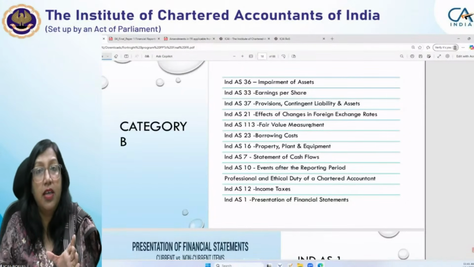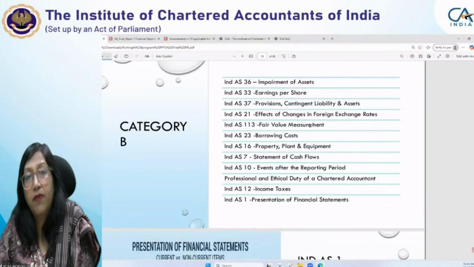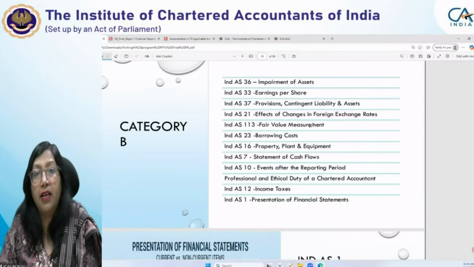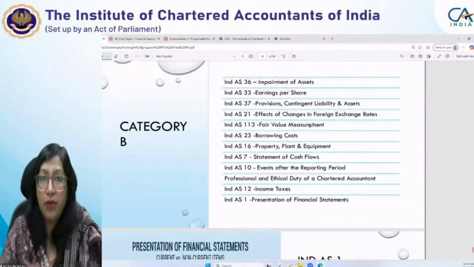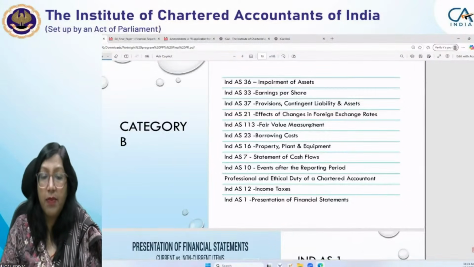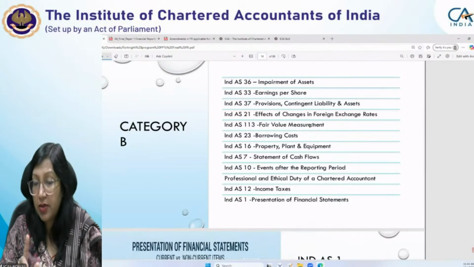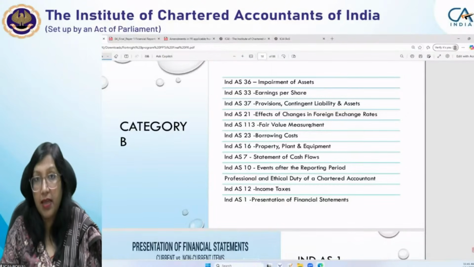इसी में आप इंडियस 23 को भी ज्वाइन कर दीजिए कि आपने बोरोविंग करी थी तो बोरोविंग कैसे होगा, इंडियस 21 को भी ऐड कर लीजिए, फॉरेन एक्सचेंज में बोरोविंग की थी तो कैसे अकाउंटिंग करेंगे। ये सारे एलिमेंट्स आपके लिए इंपॉर्टेंट हैं। इंडियस 23 आपको फॉरेन एक्सचेंज की बोरोविंग पे भी अकाउंटिंग बताता है कि कैसे करना है। ओके।